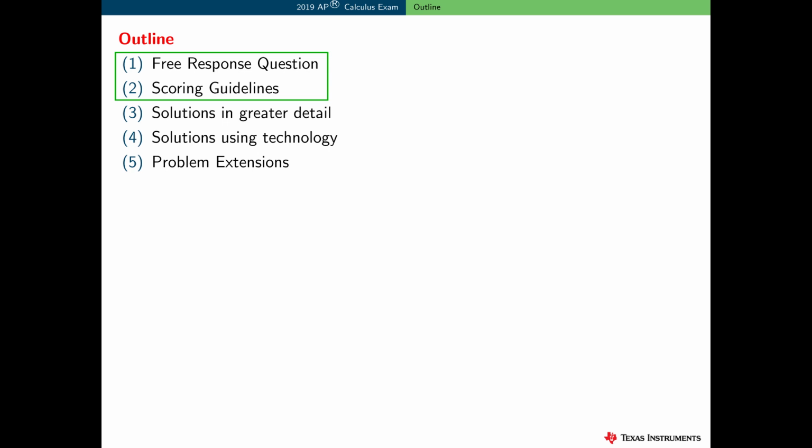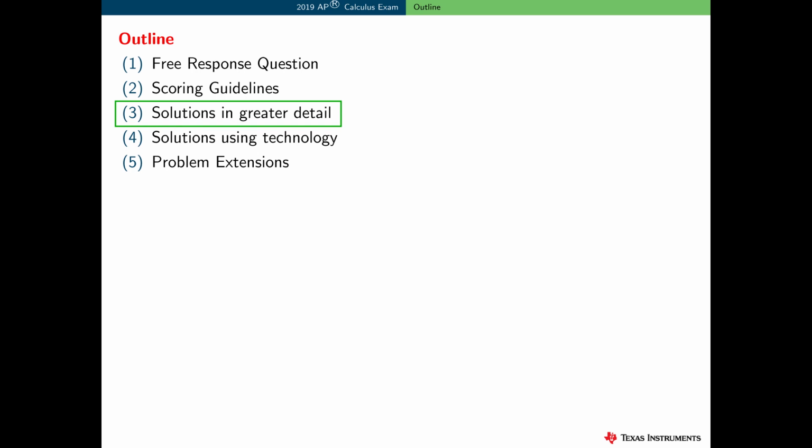I'll start by reviewing the free response question, and then the scoring guidelines used at the AP Calculus reading in Kansas City. And I'll highlight the solutions presented in these guidelines, emphasizing the steps or expressions necessary to earn each point. I'll present the solution to each problem in a little greater detail with more explanation than is given in